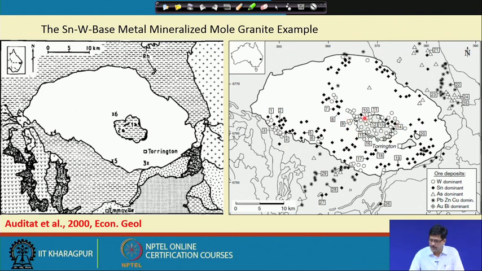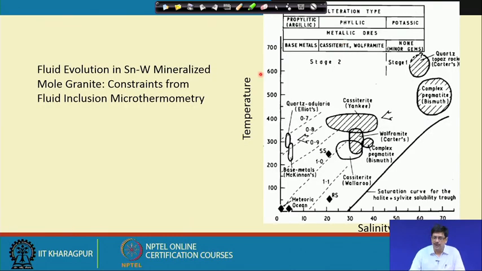like this, with the white circles all tungsten dominated, then these diamonds are tin, and in the periphery we see the lead and zinc copper sulphide deposits. And to recapitulate, from fluid inclusion microthermometric data, from the salinity and temperature data, the authors way back, this is taken from old literature of the early 80s, which is the reference which I gave before.